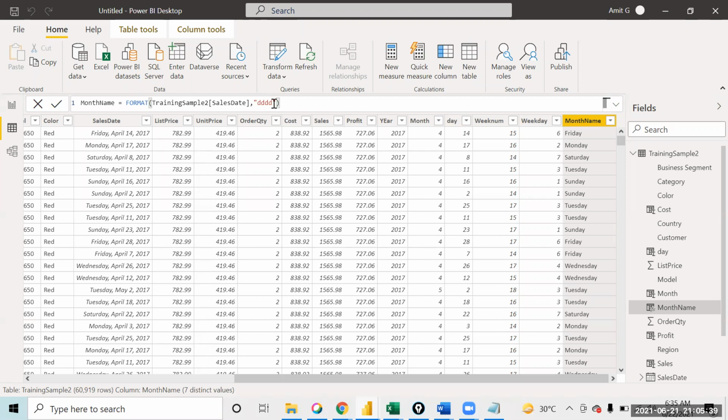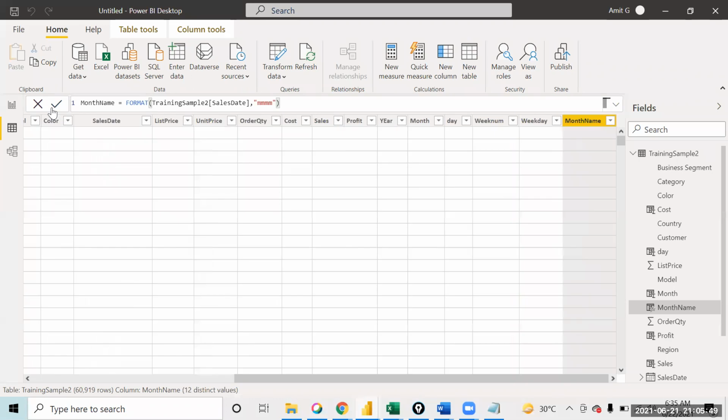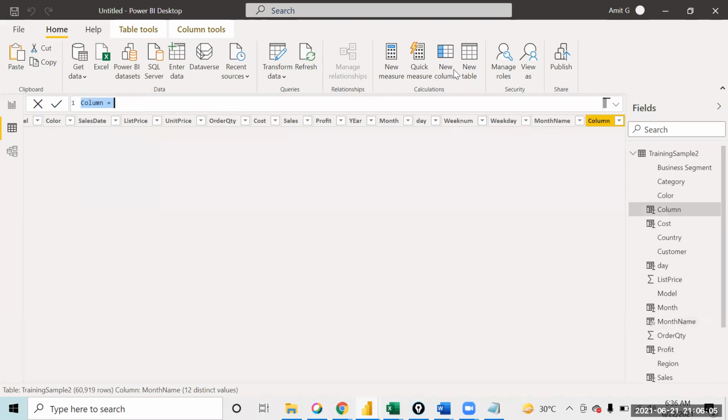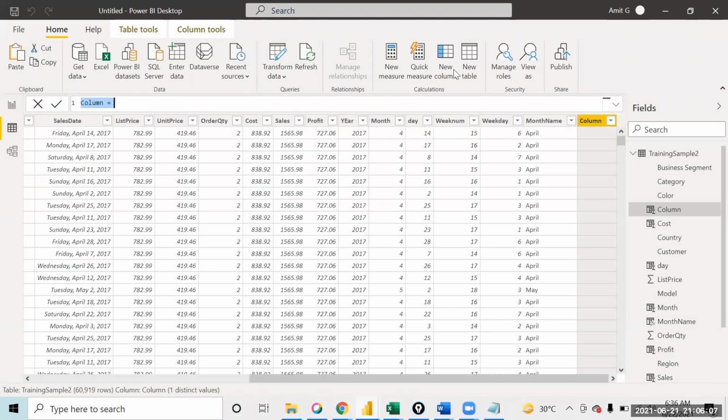Okay, this is a very interesting feature. Right now I will keep it as month only, 4 times M, and you will see the complete month is visible. Now, if I add a new column, you can use the format function to have some different date formats also.